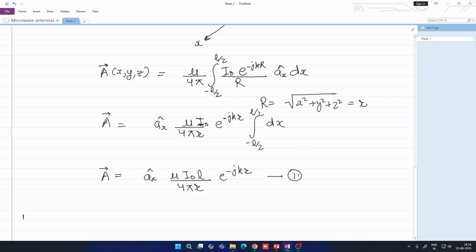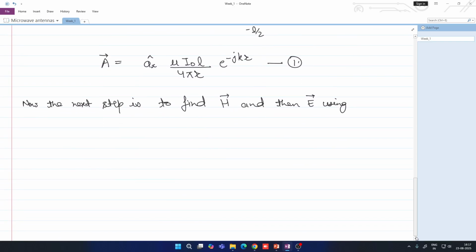So now the next step is to find the magnetic field and then the electric field, using the equations